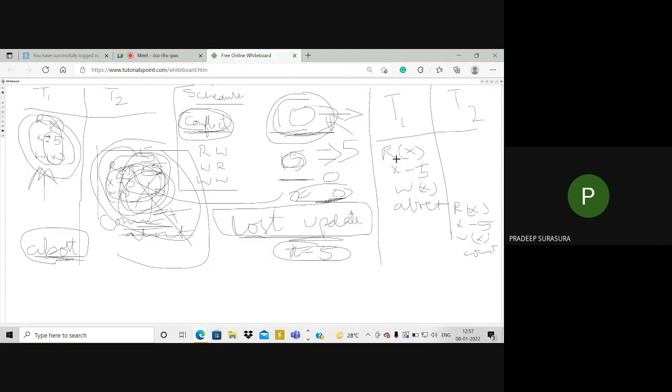Now here, if I observe, initially I had the value of 10. I read this 10 and I say minus 5 here, so I will have X equal to 5. Then I say write of 5, in the sense 5 will be written. When I say abort, I go back to the original value of 10. So when I read the value 10 here, subtract 5, execute write and commit, X will be 5.